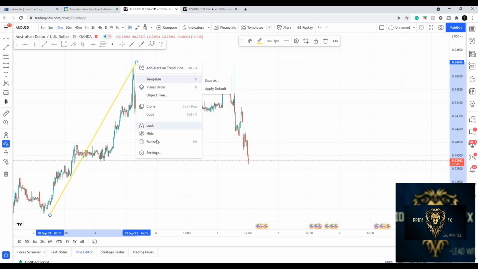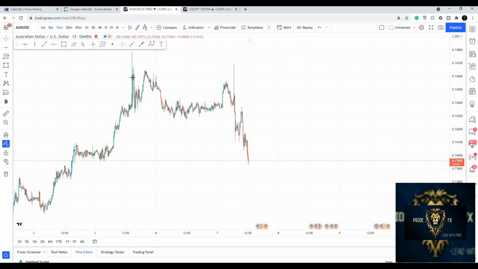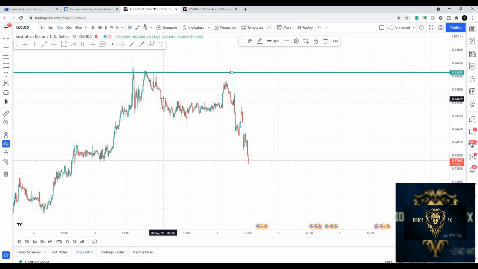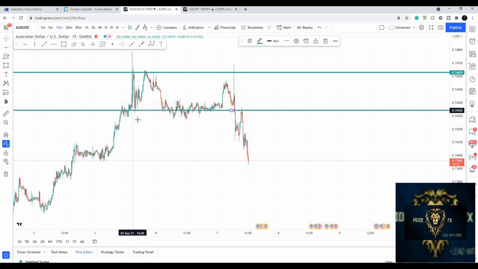So the thing that you need to do is draw it in so that you know that is a respected area, right? And so we can see from that point, the market came back down to this point. So whenever you do that, make sure that you're updating your charts so you know what is going on.